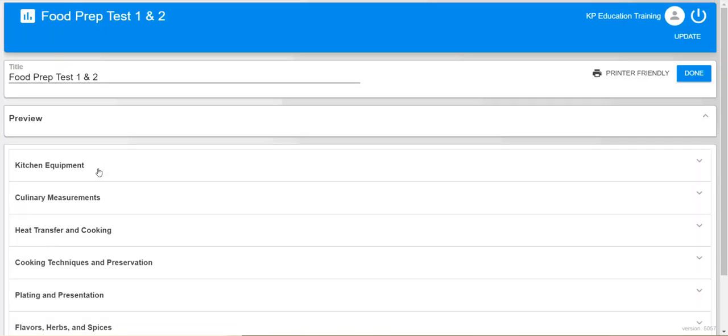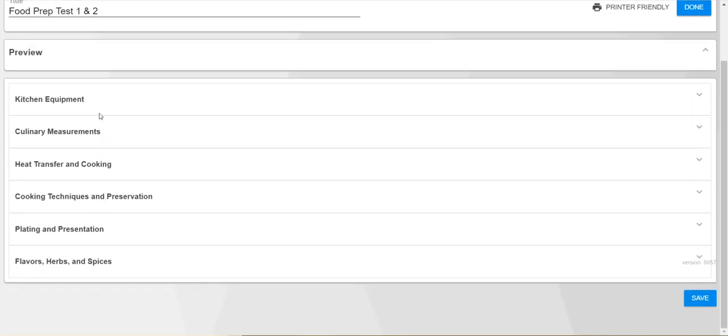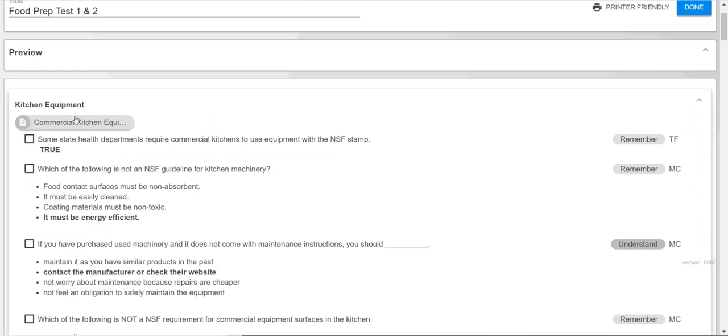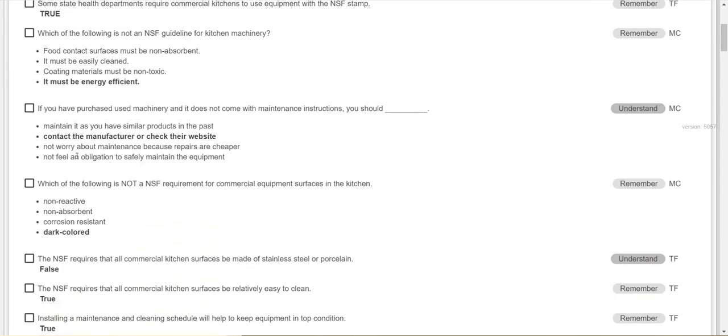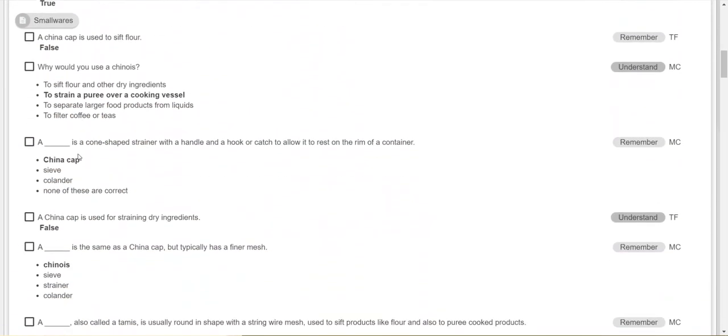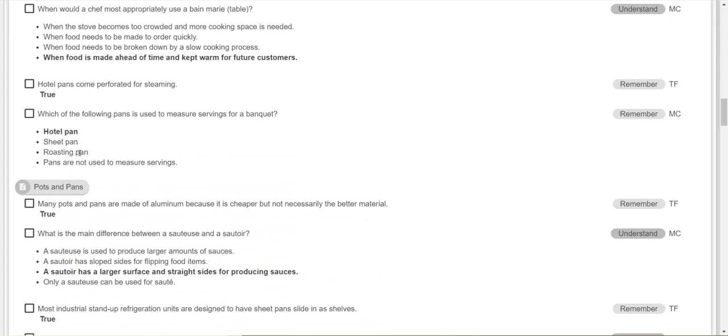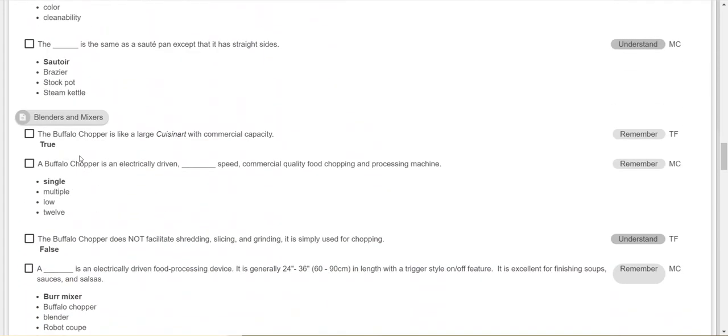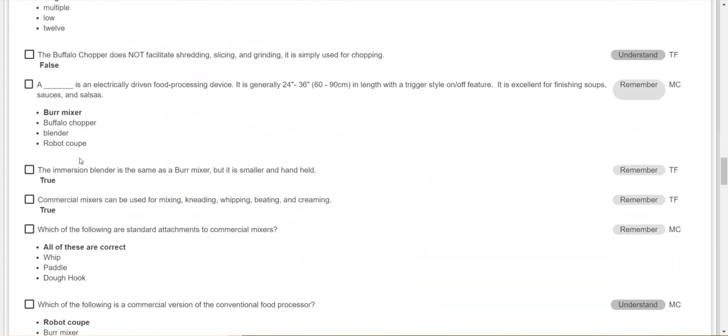Once you open it, you see the different modules here that you can open up. Let's go ahead and open up kitchen equipment. So you'll see that we have questions that are tied directly to the content. So on the page commercial kitchen equipment, these are all the questions that are available for that. Here's for smallwares, bain-marie, so on and so forth. You see that we have a lot of questions in our item bank, typically 10 times more than the traditional curriculum that you find out in the